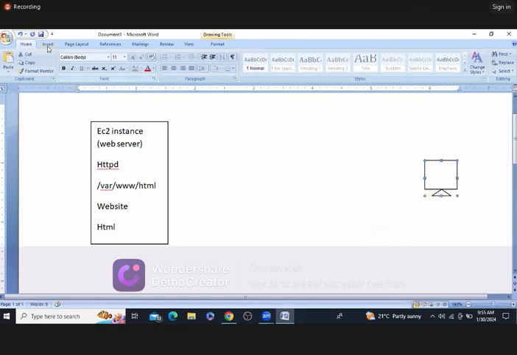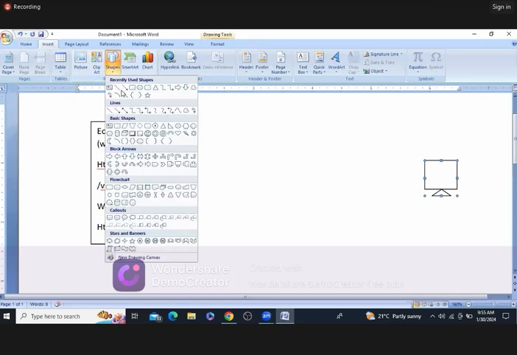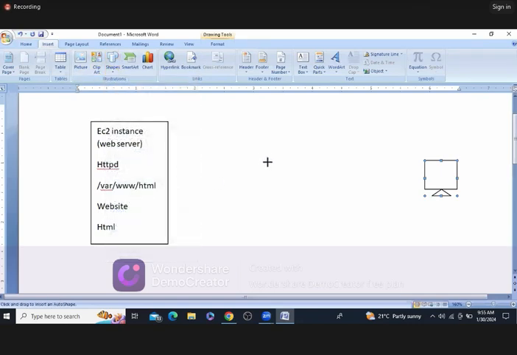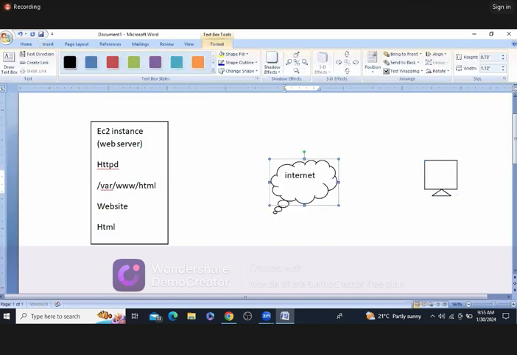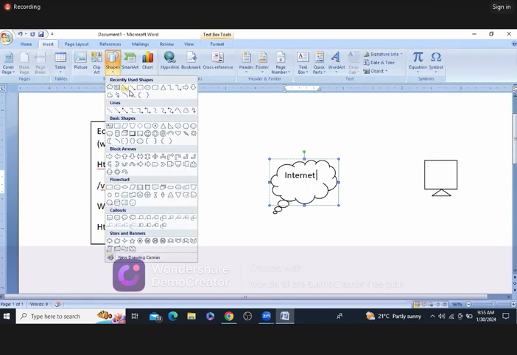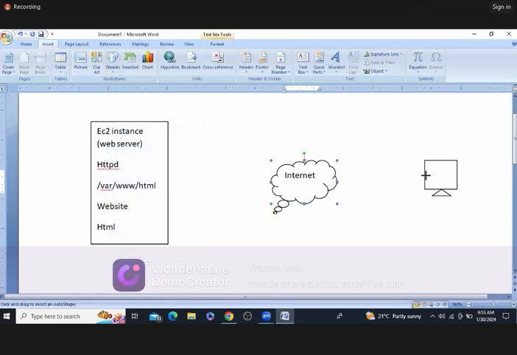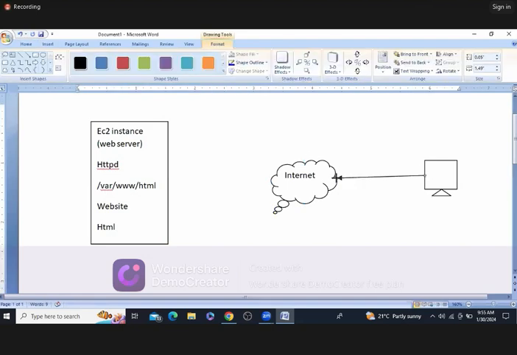So now we have an internet connection. With the help of this internet connection, we are sending the request. This is the internet. Using internet connectivity, we send the request with the help of HTTP. That's it. The web server protocol is HTTP. This HTTP request is going to be forwarded to our